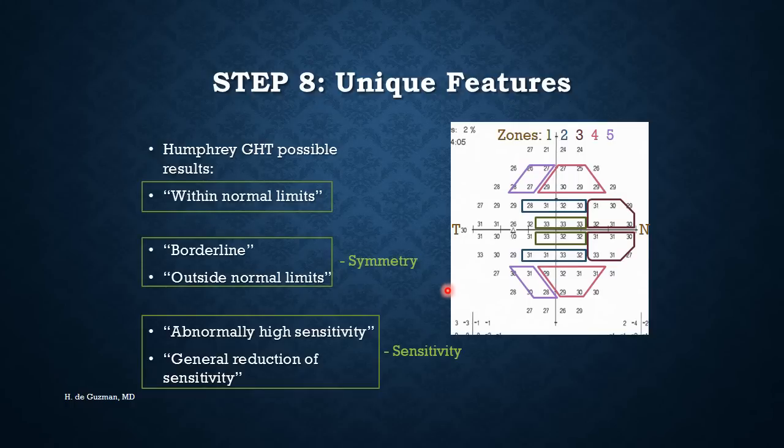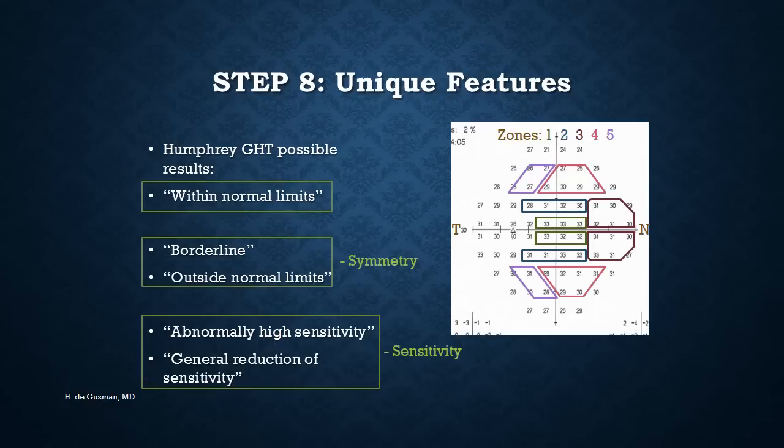So the simple way to think about the GHT results is to group them into 3. So there's normal, and then there are the results which comment on the symmetry, which is either borderline or outside normal limits, and then there are the results which comment on the sensitivity, either abnormally high or generalized reduction or